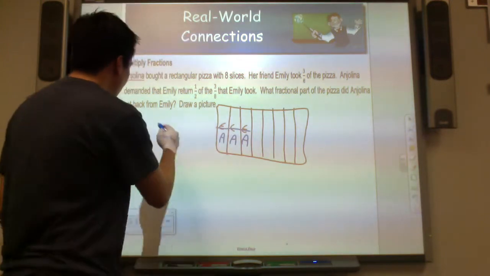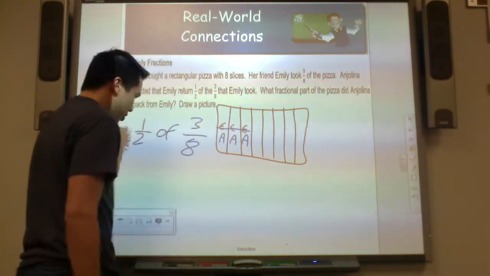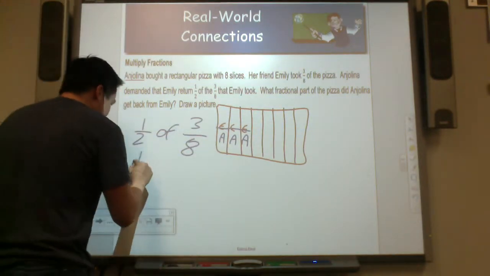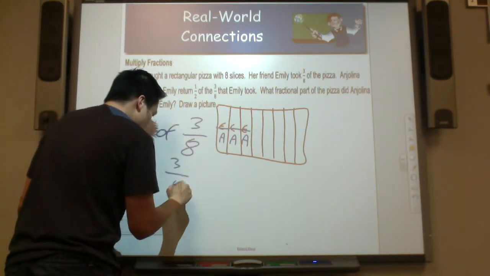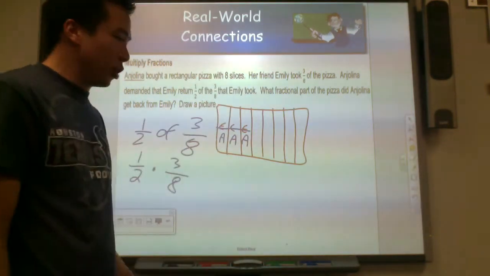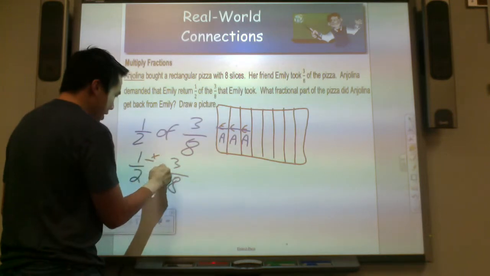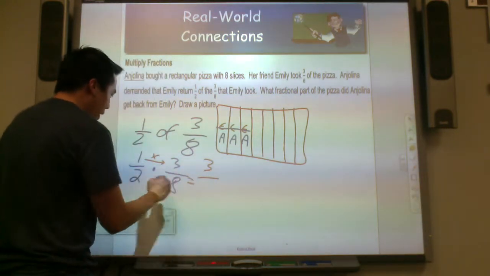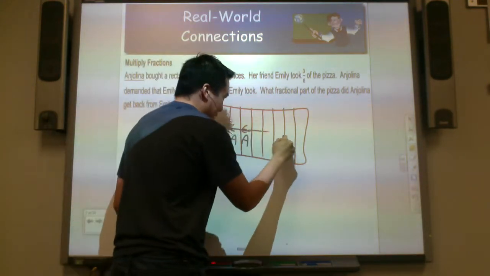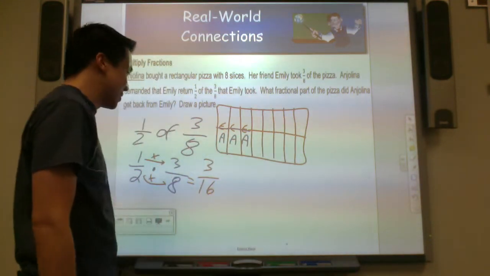Let's set it up as a mathematical problem. Half of 3/8. What does the word "of" mean? Of means multiplication. So the way you multiply fractions is you multiply the numerators together and the denominators together. Top times top: 1 times 3 is 3. Bottom times bottom: 16. So if you look at this picture closely, Angelina took 3 of the 16 slices back